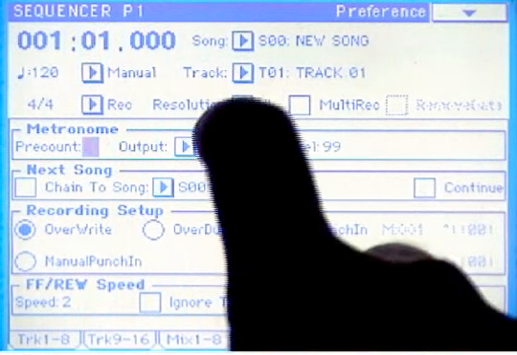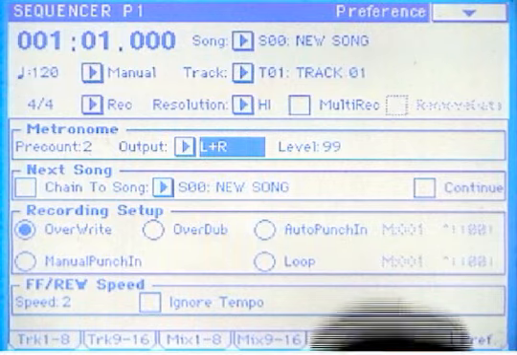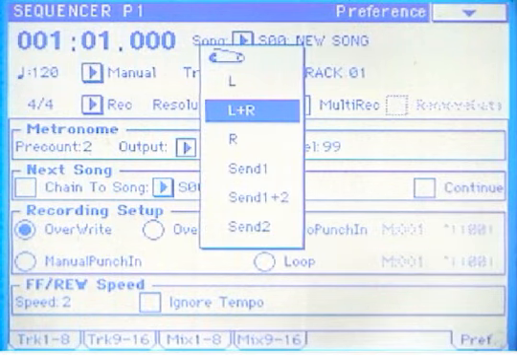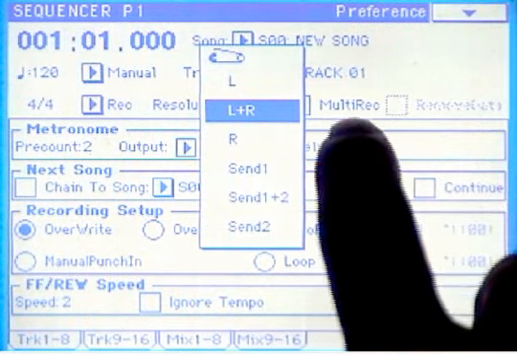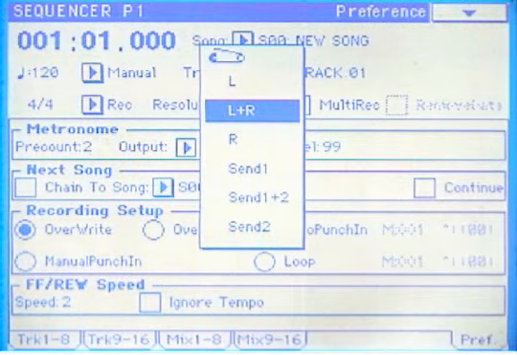Also, you have some busing options for this metronome. It's set to left and right, and this is the outputs 1 and 2 on the Korg Trinity that you'll most likely be using for recording. You'll either patch that into your mixer and use those two outputs in either a hard disk recording application or a hard disk recorder. But you also have the ability to bus the metronome or the click track out these other sends here